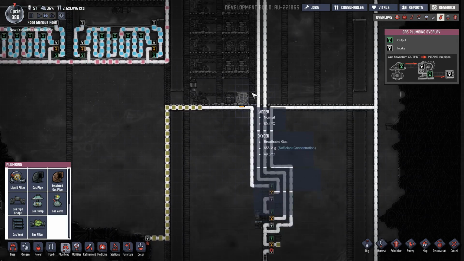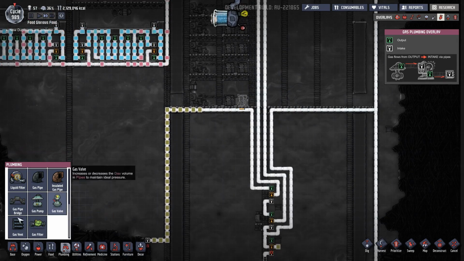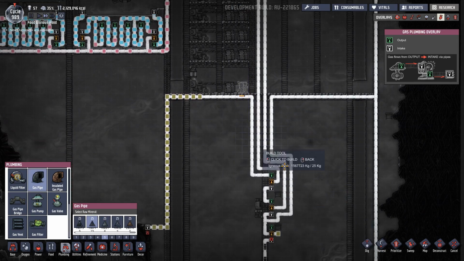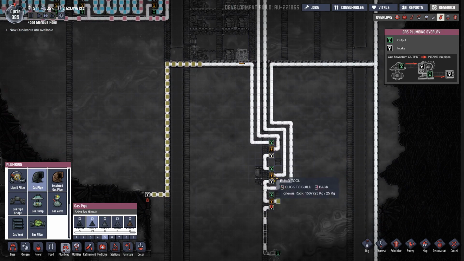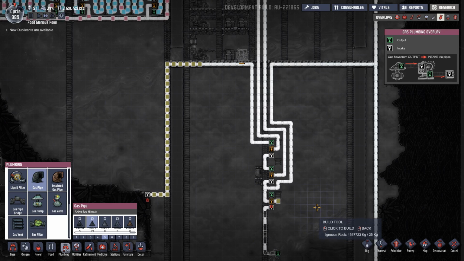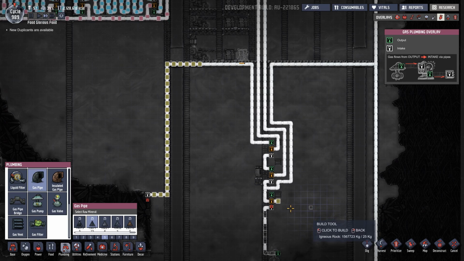So we could chop that off there and then take that up there. Yeah, that works. Right, so we want gas pipe. Now, currently, we're going to have to change these around, I think, as to what's going where. Unless...